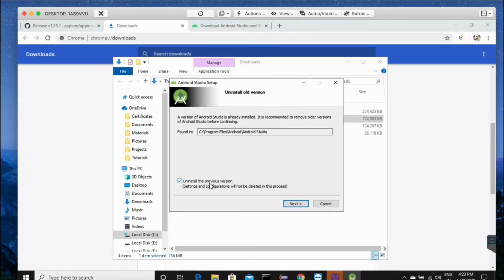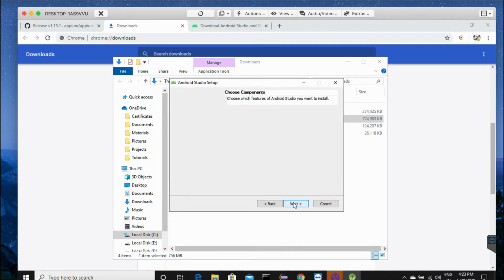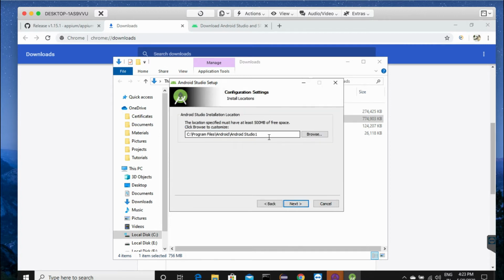Okay, and then if a previous version was installed on your PC, if you check this one, it will uninstall that completely, whatever it is, the settings and configurations and everything. I'm unchecking that and then clicking on next and next. If the previous version is there and you're installing it again, it will rename that folder as 1 or 2 or 3, whatever it might be. Okay, and click on next